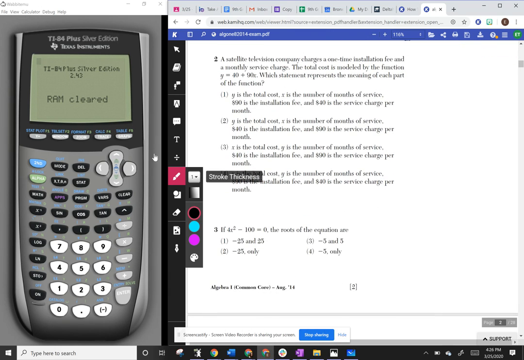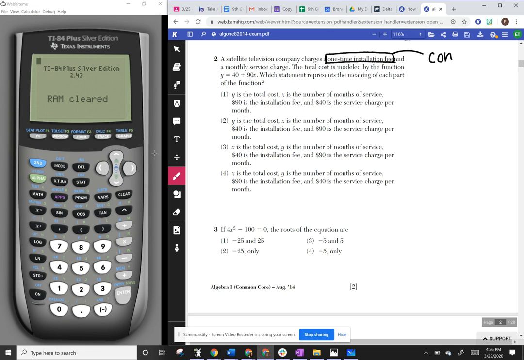Okay, number 2, a satellite television company charges a one-time installation fee and a monthly service charge. The total cost is modeled by the function y equals 40 plus 90x. Which statement represents the meaning of each part? Okay, so just looking at this, we see a one-time installation fee, right? So because it's one time, this is going to be our constant,